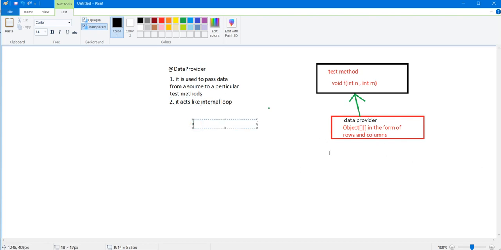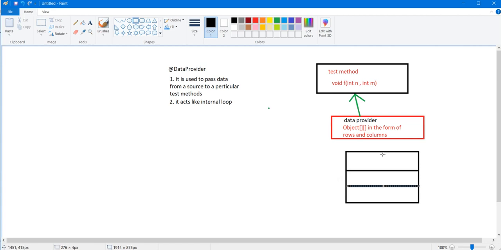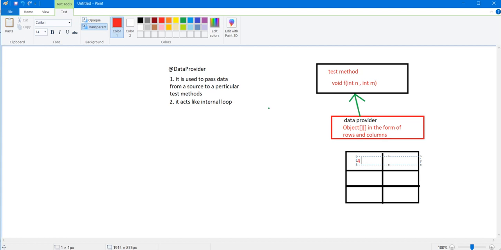So there are a set of parameters. Let us suppose, guys, you can imagine it in this format. Okay, so this is a table. There are some values: 7, 8, 9, 5, and let us suppose 1.